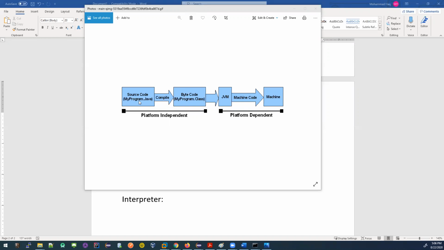What does a compiler do? The compiler takes the source code and converts it to something that a machine can understand. Now we have this file. For which machine is this file created? This file is created for the Java virtual machine. That means the Java virtual machine can understand this bytecode, this compiled code. So this Java compiler is converting it to something.